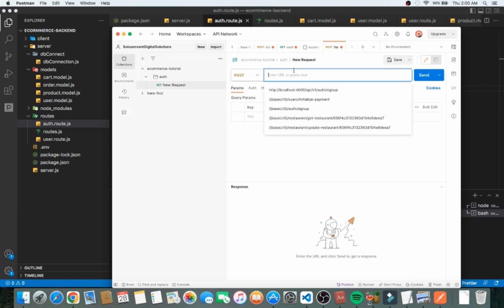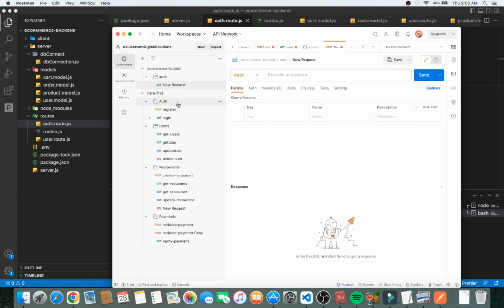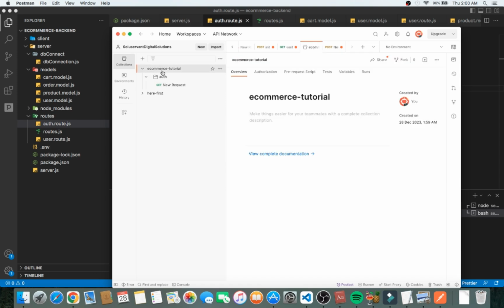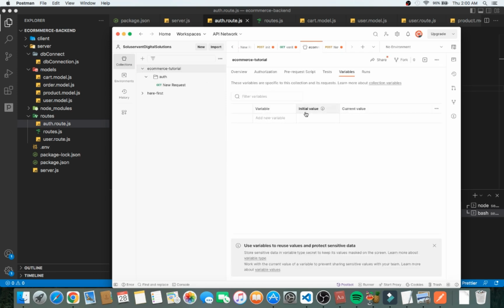We now have to write localhost 4000. No, we don't want to write localhost 4000, because at the end of the day we'll be having multiple requests like we have here, and it's going to make you keep writing the same localhost 4000. So in order for us to fix such an issue, we are going to come to variables, and then we create a new variable, say base URL,